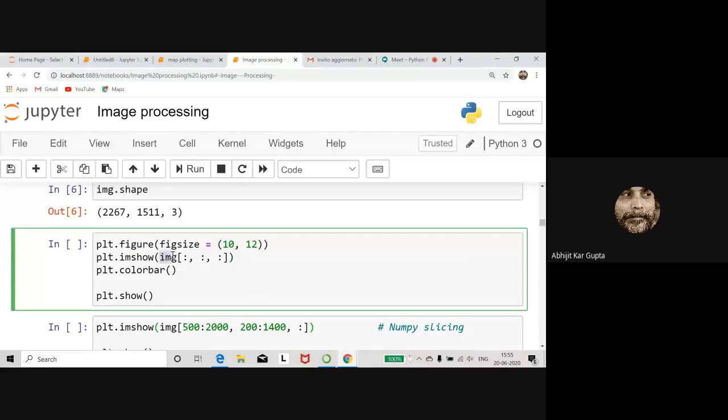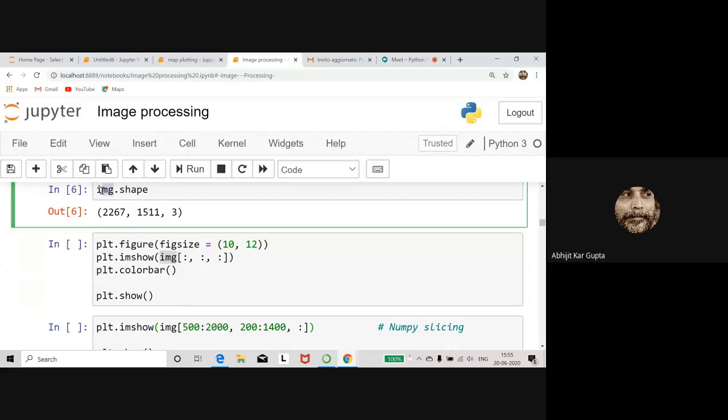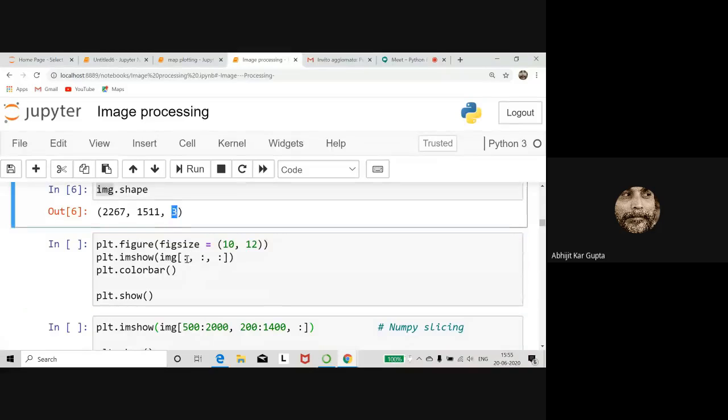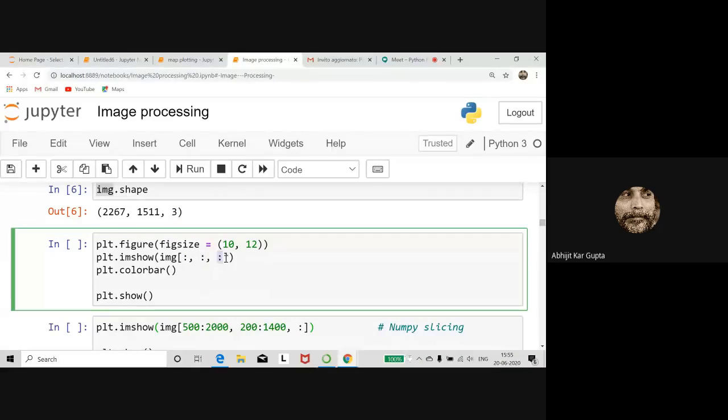And inside that, you write the full image. IMG is the name of the image, the data. And I intentionally wrote this colon notation. You need not write this. Because it has 3 axes, the first colon manipulates the first set of 2-dimensional array, the next colon is for the next set of 2-dimensional array, and the last is for the 3 colors, RGB, R, G, and B. So this controls the image. I take everything here, so that I show you this.